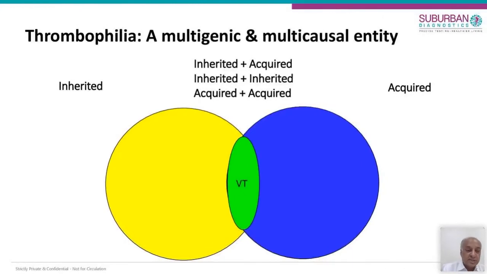Now, this is a very important slide which shows how even if you have an inherited or acquired tendency to increased venous thrombosis, you would not have the thrombus formation manifesting itself in clinical terms. In other words, you may have a predisposition, but you will not be manifesting in terms of DVT and pulmonary embolism. But for that to happen,